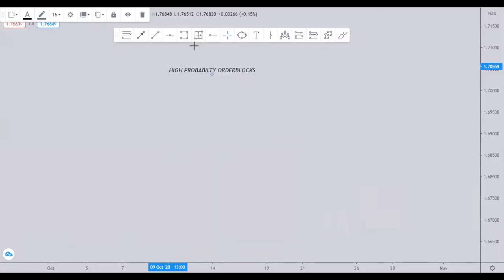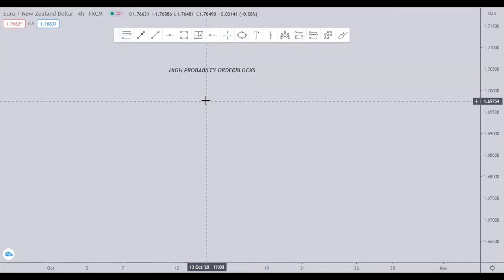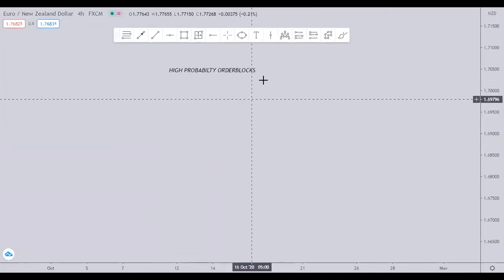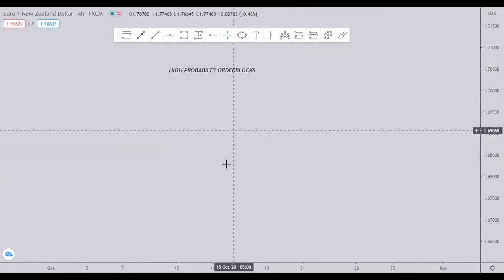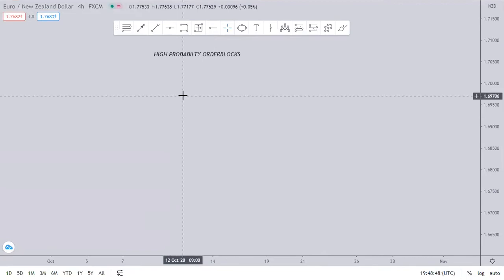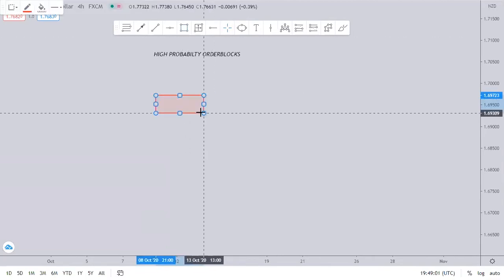Now, when we say an order block is a high probability order block, what does it mean? We have to know what it means, so that when we see them, we know what is likely to happen. It means that when the market trades into that order block, it is very, very likely to reverse from there, or very, very likely to respect that order block. A high probability order block is an order block that price is very, very likely to